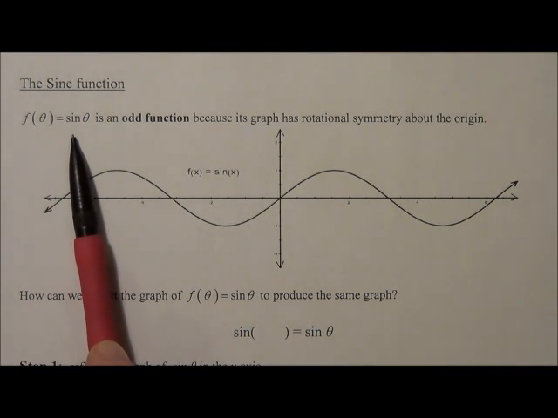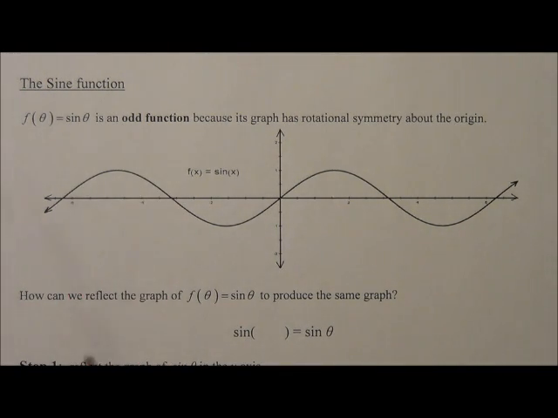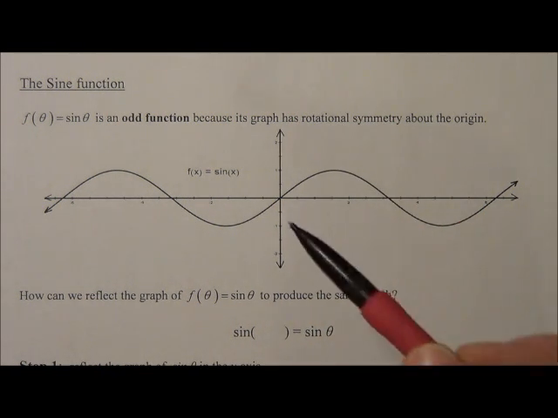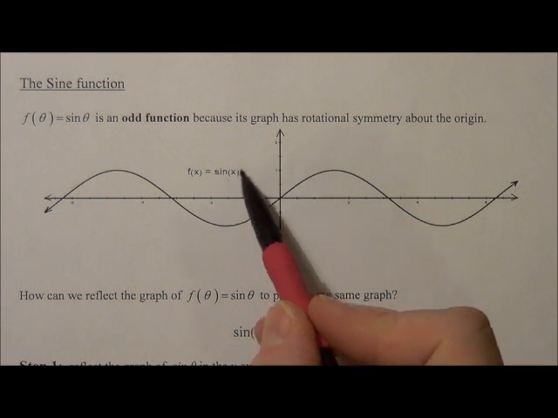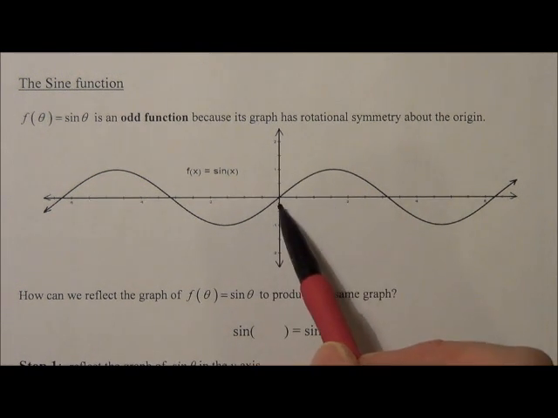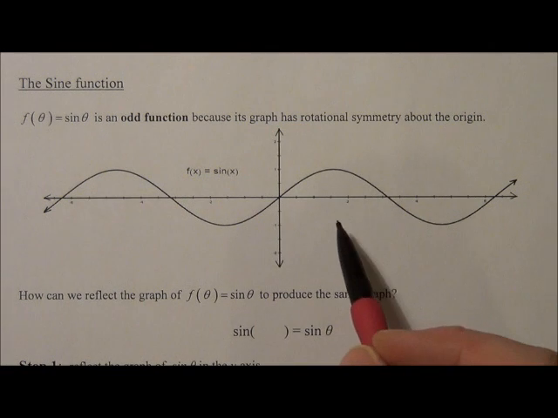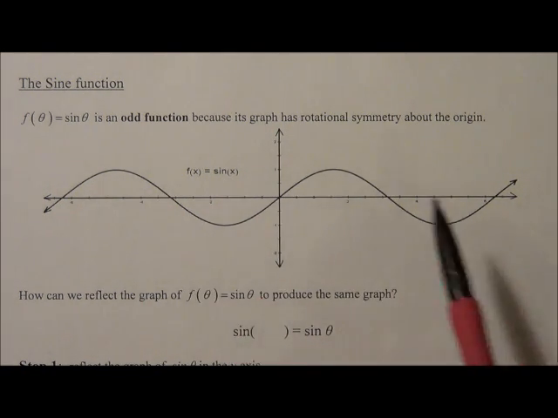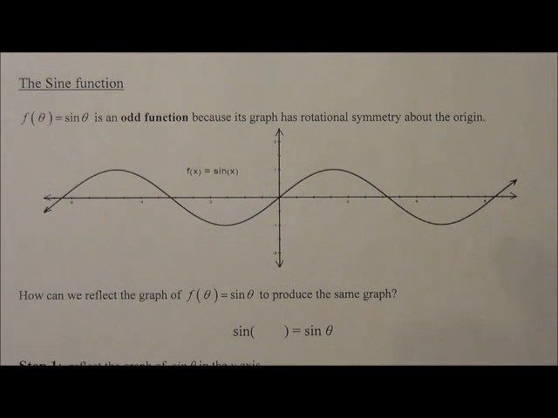So f of theta equals sine theta is an odd function because the graph has rotational symmetry about the origin. Meaning that if you were to rotate the graph about the origin 180 degrees, or pi radians, you would end up with the same original function. So the question is asking, of course, how can we reflect the graph of f of theta equals sine theta to